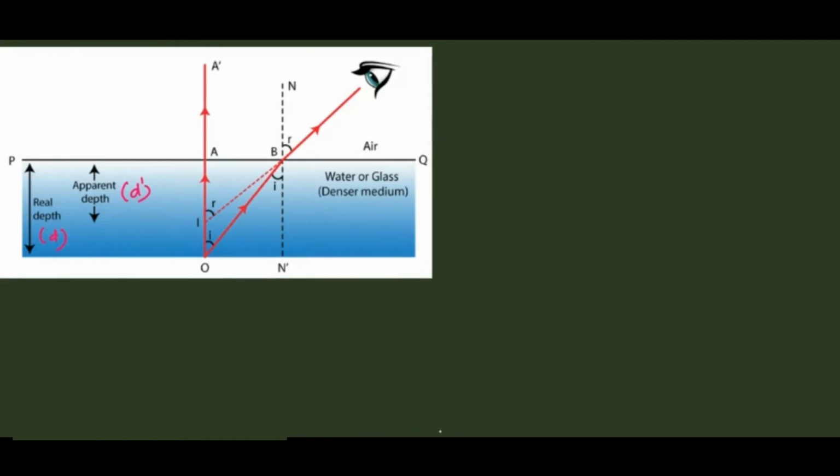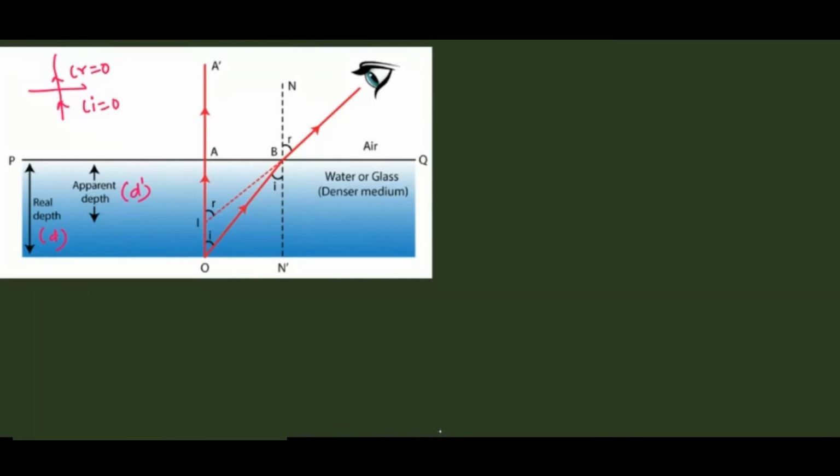So consider a point source O at the bottom of a beaker filled with water. The ray of light OA, which falls normally on the plane surface, passes undeviated. We know very well that when a ray passes normally, the angle of incidence is equal to 0 and the angle of refraction is also equal to 0. So the ray goes undeviated. For the refraction of light we need at least two refracted rays. So this is the first refracted ray, and we are considering another.